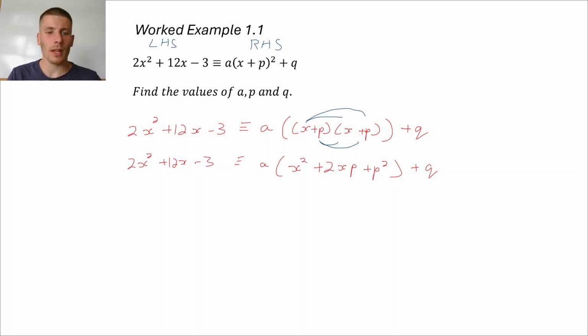Okay, let's now go and times through by this a. So we're going to take this a, and we're going to go and times a by the x squared, a by the 2xp, and then a times by the p squared. So it's like expanding your bracket again, but with 3 terms. So left-hand side, keeping it the same again, so 2x squared plus 12x minus 3 is the same thing as